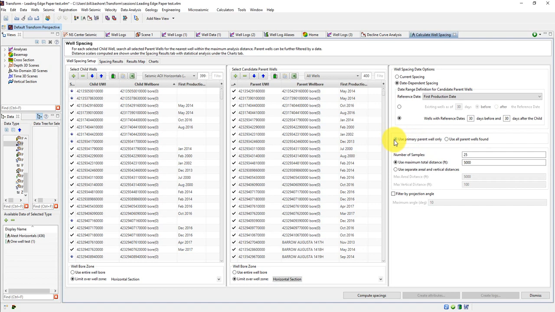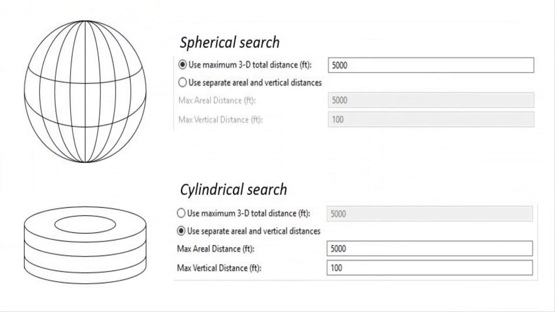The number of samples defines the number of sample points along each child and candidate parent wellbore to which distances are computed. The more sample points, the better the resolution and potentially statistical significance of the distance results, albeit at a greater compute time. Two search options are provided as to how distances are to be considered. One, purely on total three-dimensional distance, and the second, separately on the aerial or the XY distance and the vertical or Z distance. Think of the first option as a spherical search and the second as a cylindrical search in